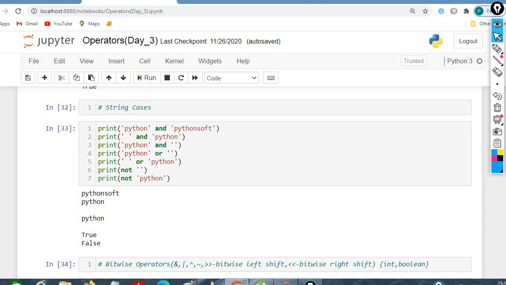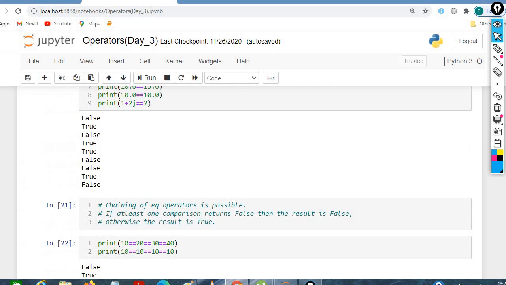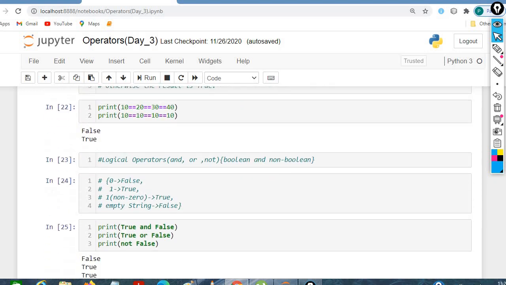Let us consider the string cases for AND and OR. If we are considering Python or Pythonsoft, the output will be Pythonsoft. If we are considering an empty string or Python, the empty string is considered false, as we discussed above.